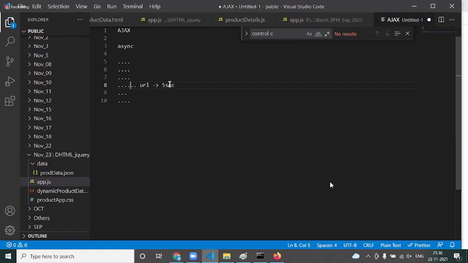When it is taking some time, 5 seconds, 10 seconds, 1 minute, whatever it is, we never wait for the response from the server. We automatically go to line number 9 and 10, and keep continuing executing the code. This is what we call asynchronous communication. When we hit a URL to the server, we don't wait for the response; we keep continuing the remaining execution.